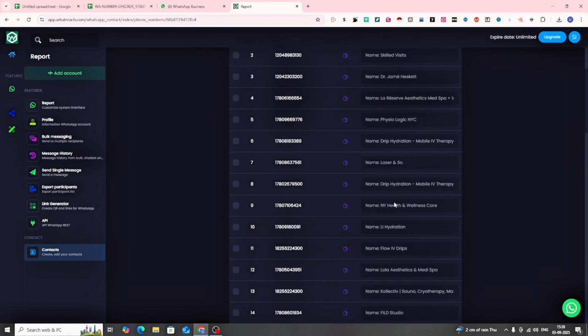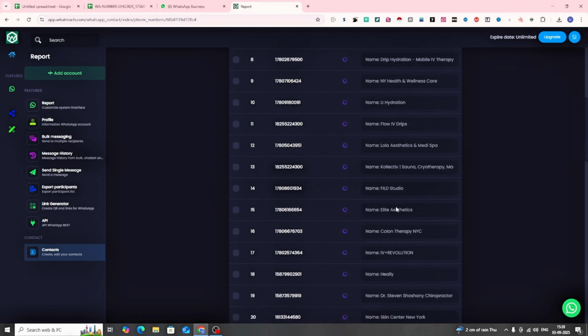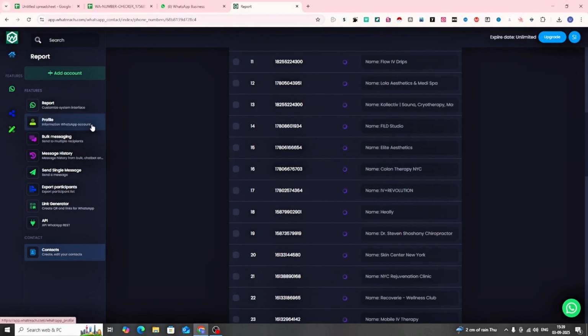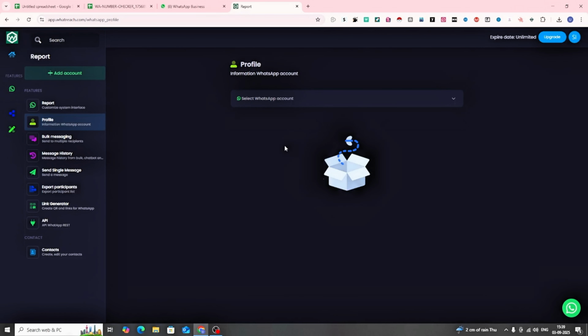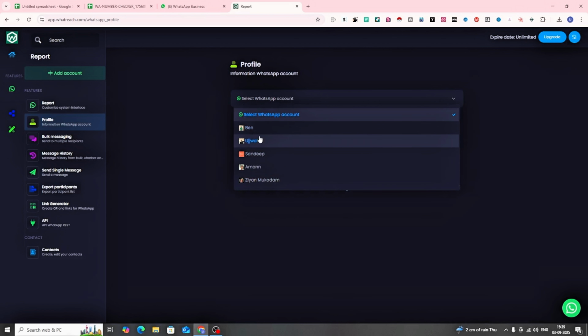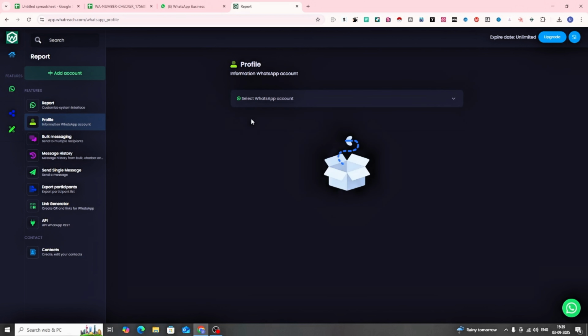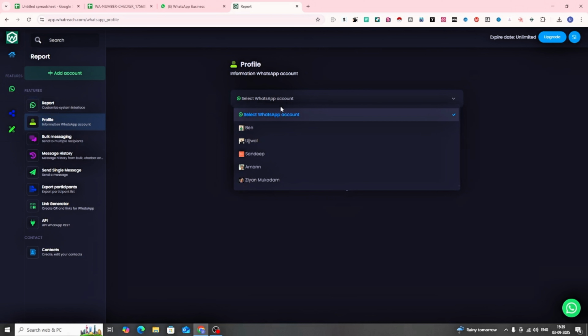And I am again giving you a warning: never use extensions to send bulk messages because it is going to ban your WhatsApp in just one day. You can try it. Now I have 5 WhatsApp profiles. I am going to send 25 messages per profile, so 25, 25, 25, 25 and 25. So in total I can send 125 messages in one day. You can buy a WhatsApp number for just 60 rupees from my contact list, it's the cheapest.